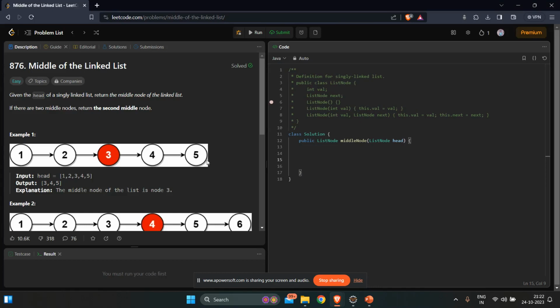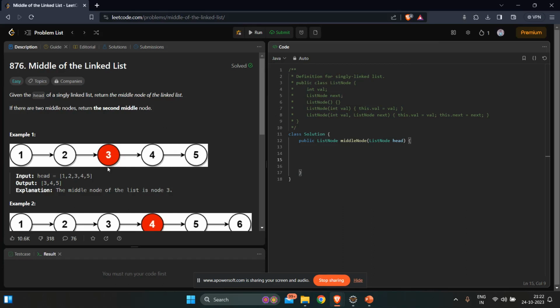If this is an array, you can easily access the middle element. It's basically length divided by 2, and you have the index. Get the index, that's the middle element. That's the advantage of an array over a linked list, because you can access any element easily wherever it is.